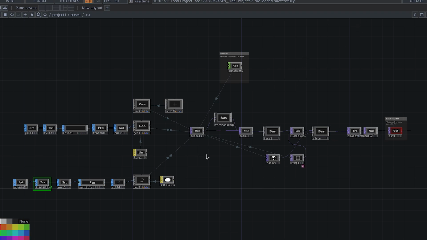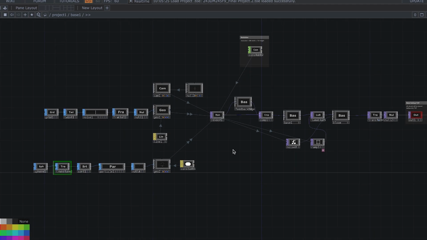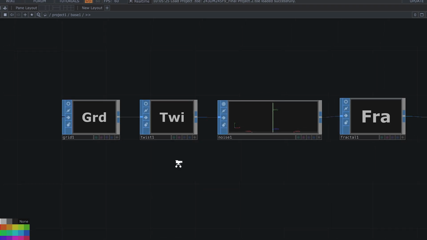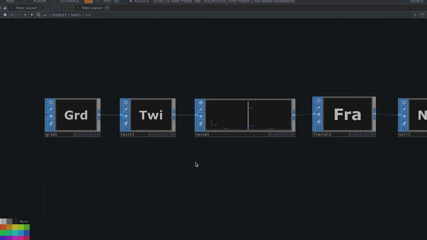So the data and environment setup. The foundation of the scene starts with a grid, which provides a spatial reference simulating the river surface.